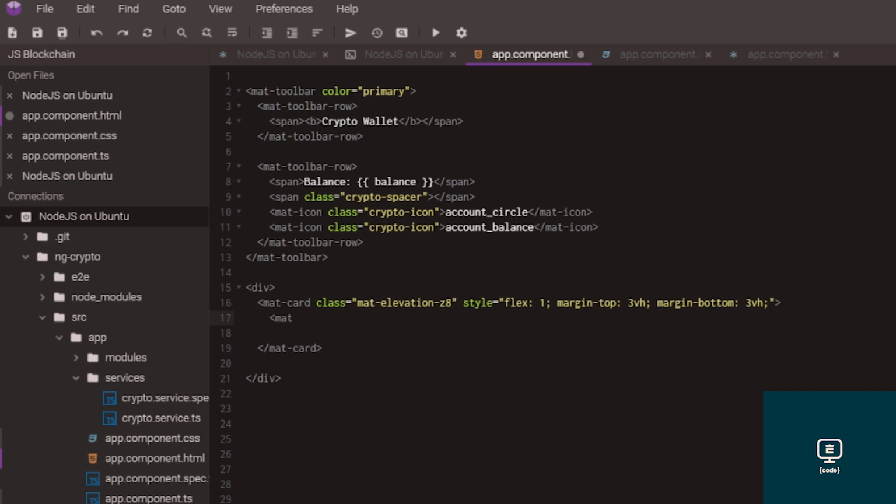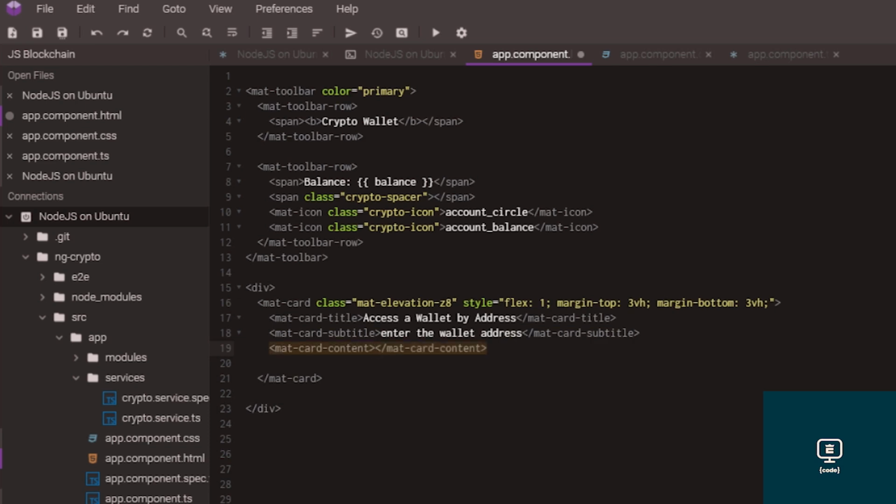Inside of the mat-card tags, we can use mat card title tags and create a title for our card. Then we use mat card subtitle tags to include some directions for using the form. Then we'll use mat card content to hold our form. Within these content tags, we'll add our form element